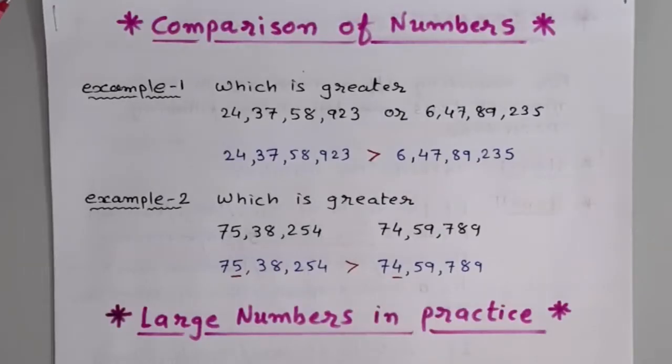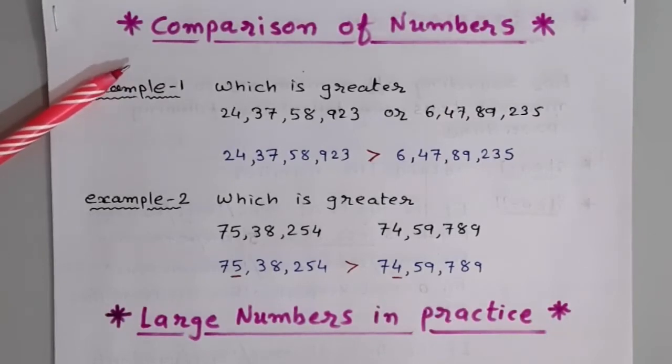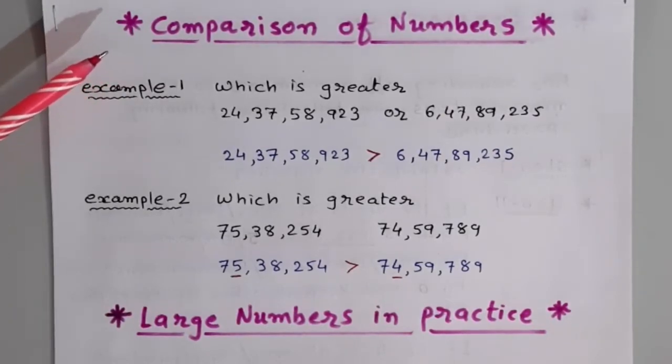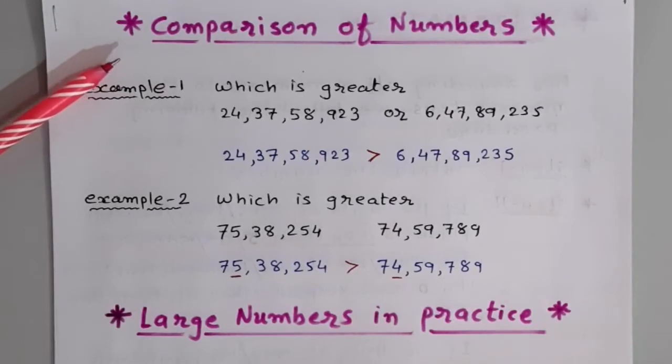Let's learn about comparison of numbers. In order to compare numbers, we may follow the following procedure. Step 1. Obtain the numbers and check the number of digits in each number. If the numbers have unequal number of digits, then the number with fewer digits is less than the number with more digits. If the numbers have the same number of digits, then compare the digit at the leftmost place